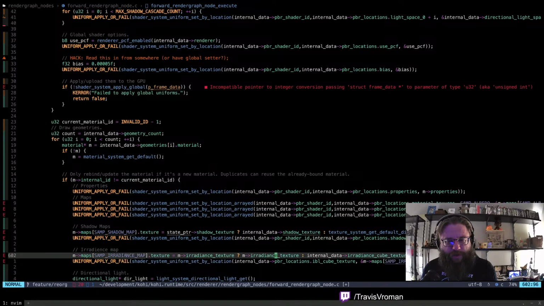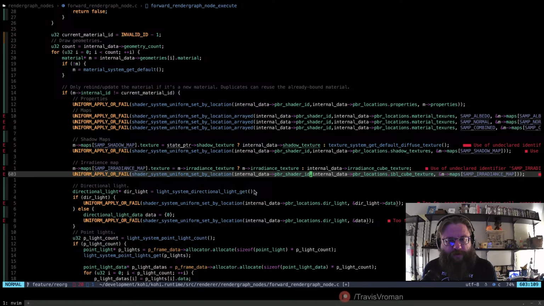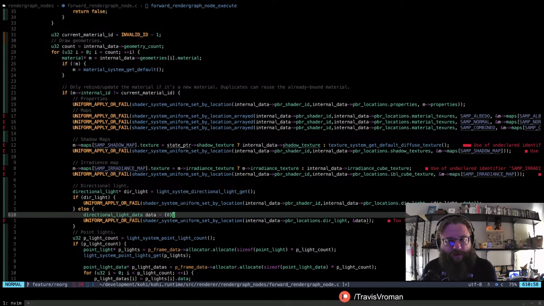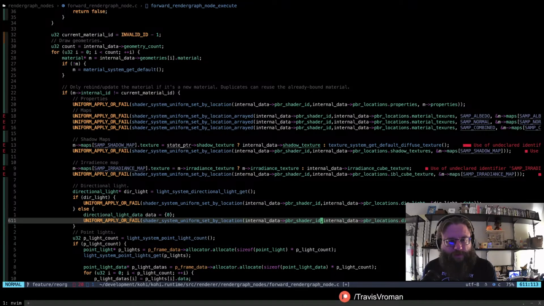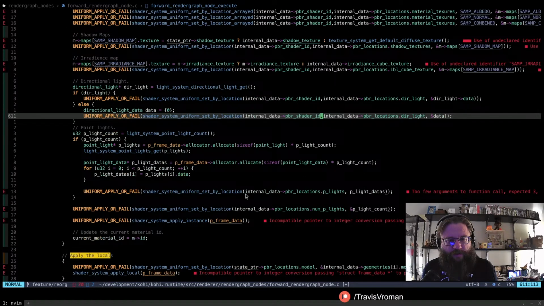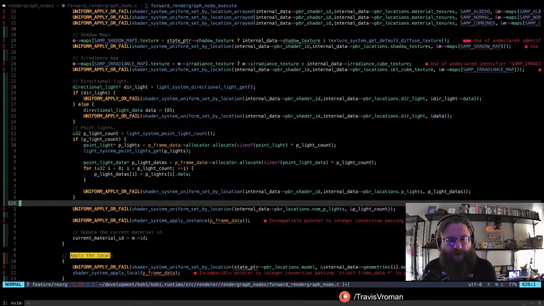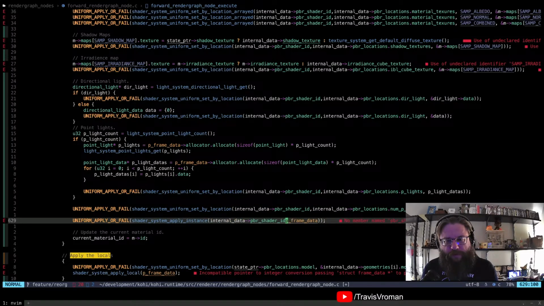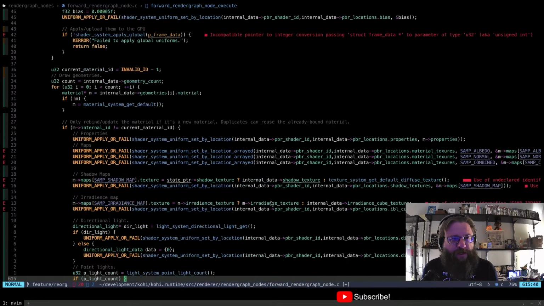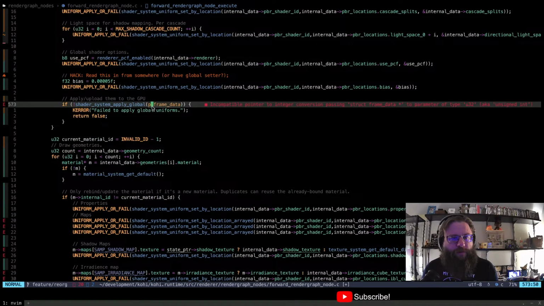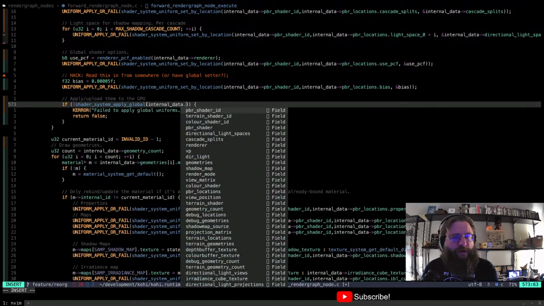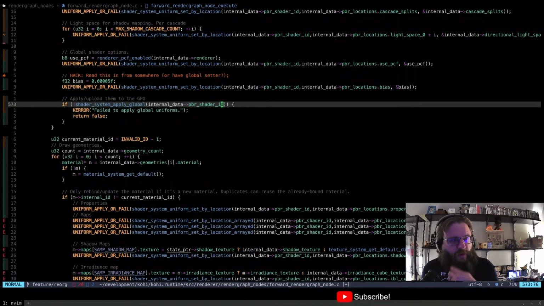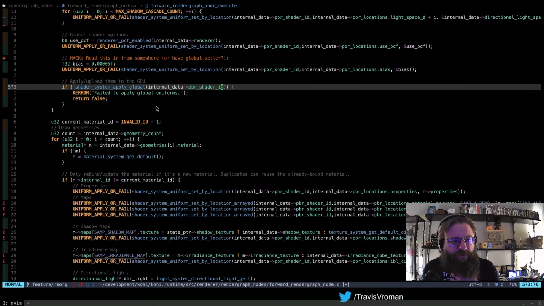Another one here, another one there, there, right there, right there, and right there. Okay, and then this is PBR shader ID, internal data, PBR shader ID. All right, so that should fix all of that.